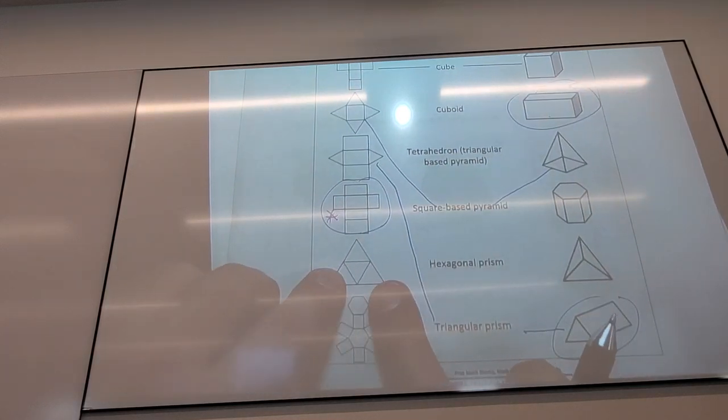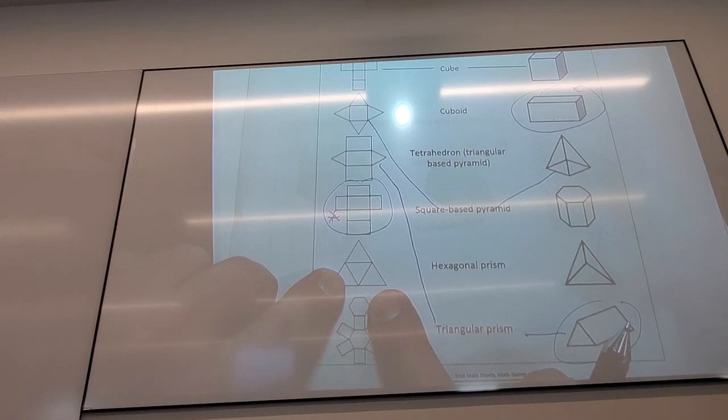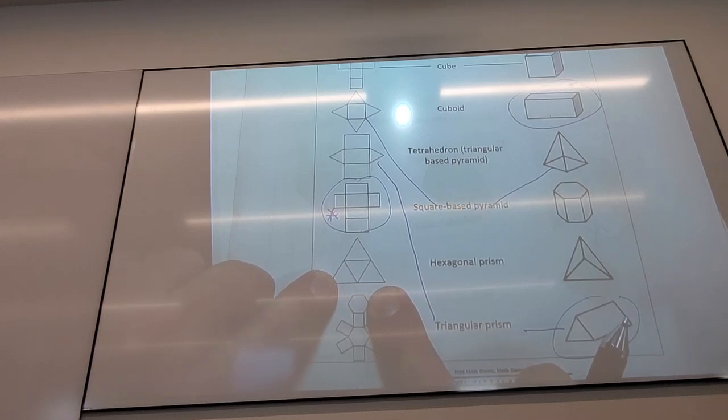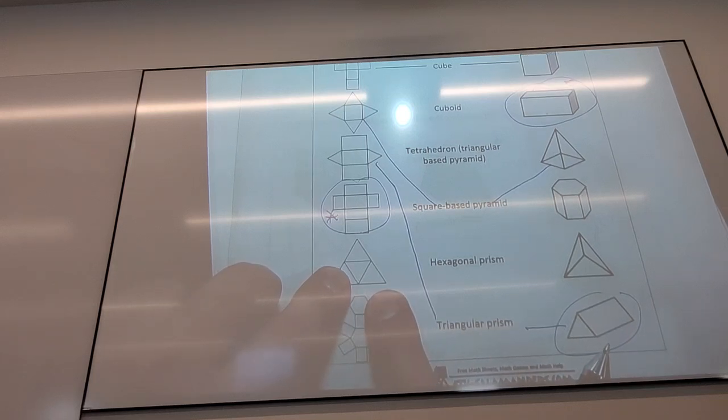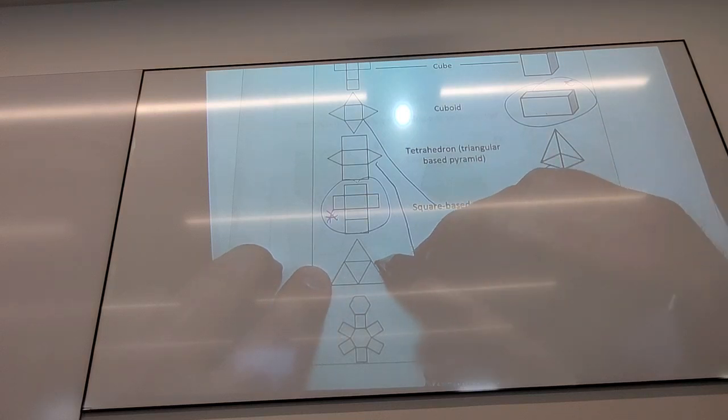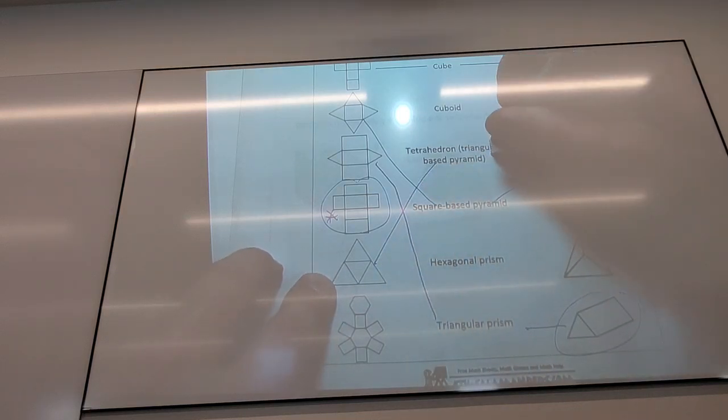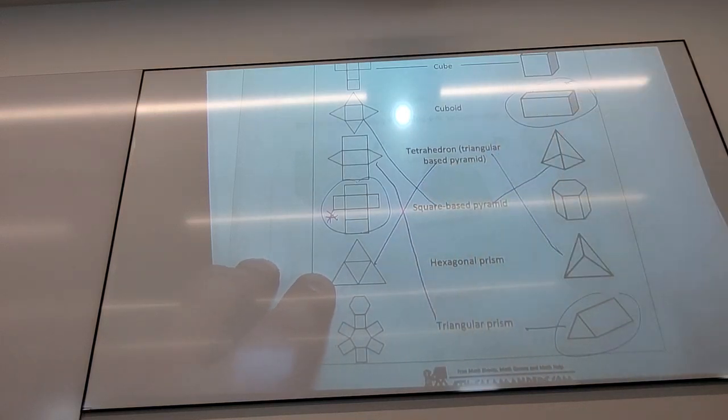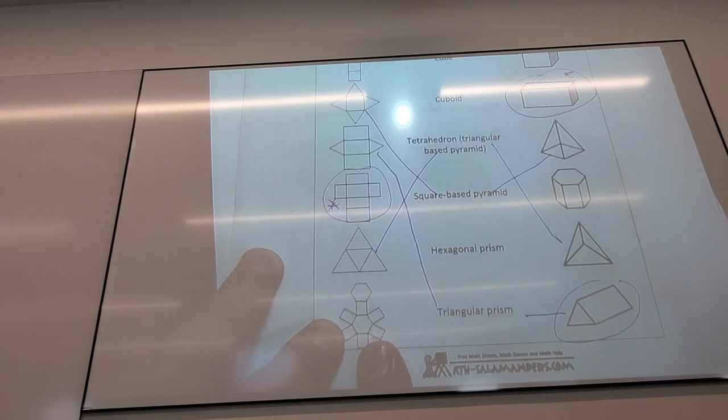What does this become here? Triangular base pyramid. Yeah, tetrahedron, triangular base pyramid. So that would be down here. And of course, this is definitely going to become